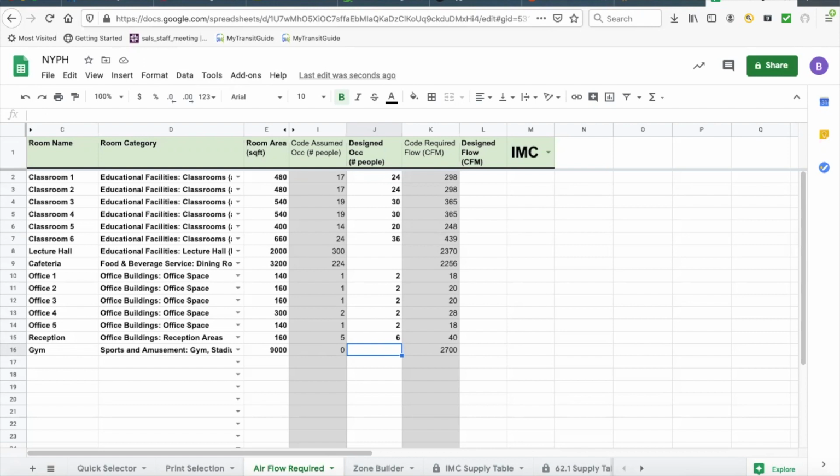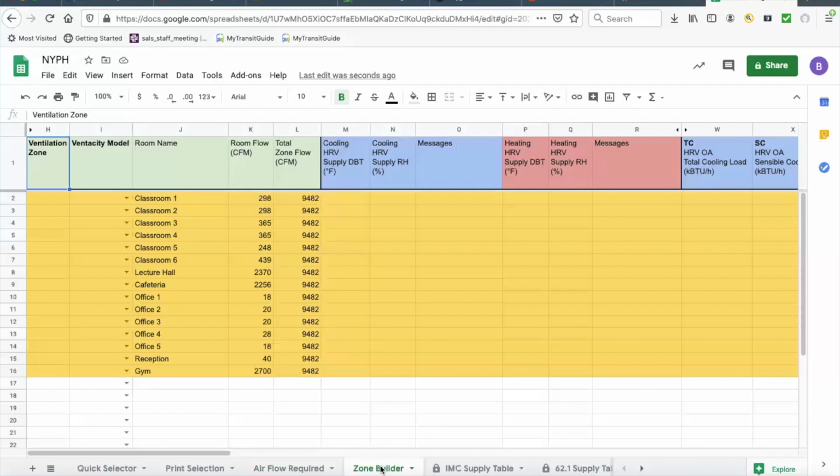Then we have a zone builder that allows me to go into each zone and break it out into zones. And this can be really helpful to allow you to figure out, okay, what am I going to use for equipment and the equipment capacities to do this school? All right. So in this case, I've got a VS 500. I'm going to put in all the classrooms, call that 1.